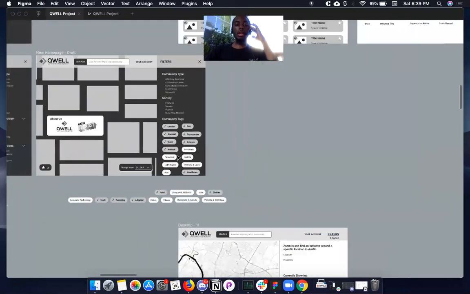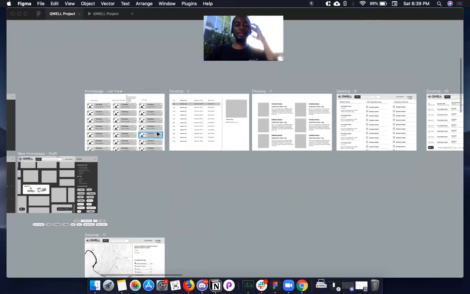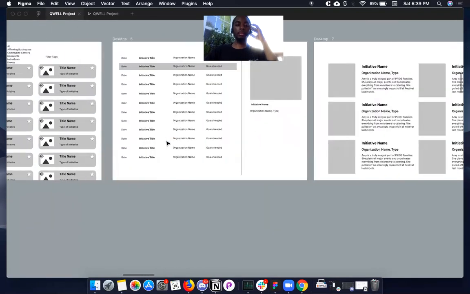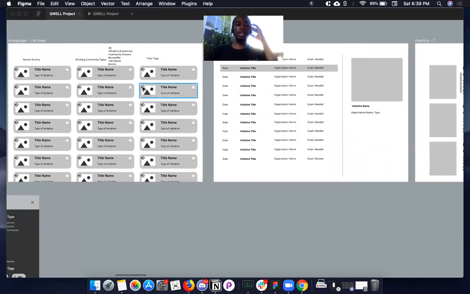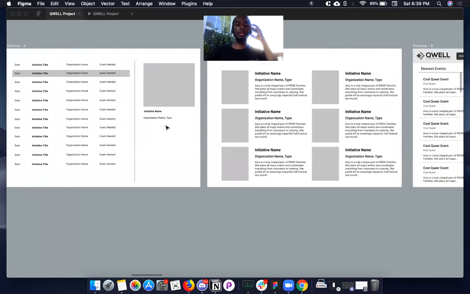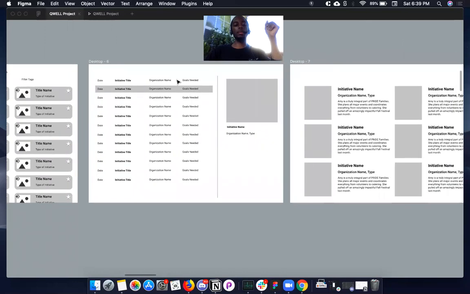And then I started finally figuring out the other views. Couldn't figure out a good list view. I'm pretty sure I'm not going to go with this. Just too much stuff. Even if I elongate it, the cards just don't look as good as I thought they would. But I like the fact that you can easily put the badges and the stars there. I'm not sure how you would include the badges and stars in these regular lists, but anyways. So this list, I'm probably not going to use this either, but I like the fact that,